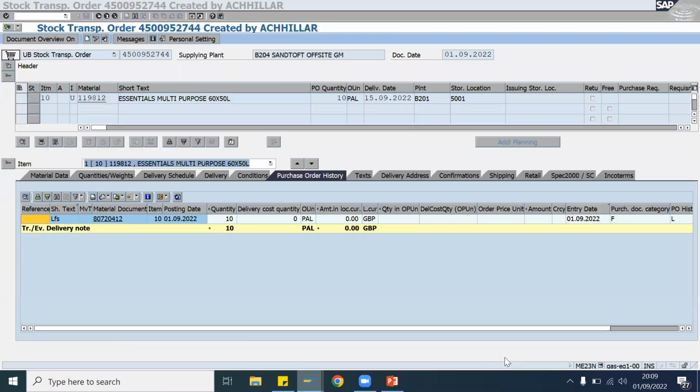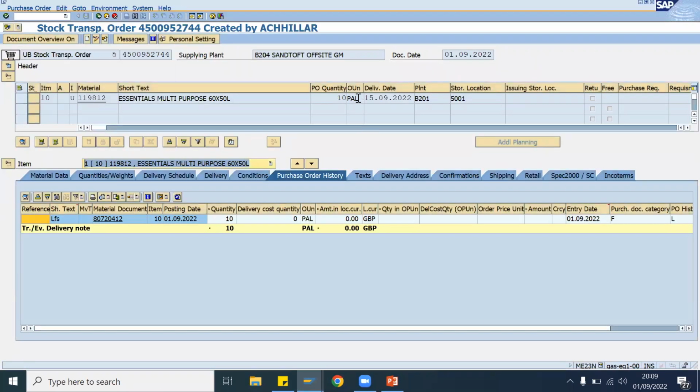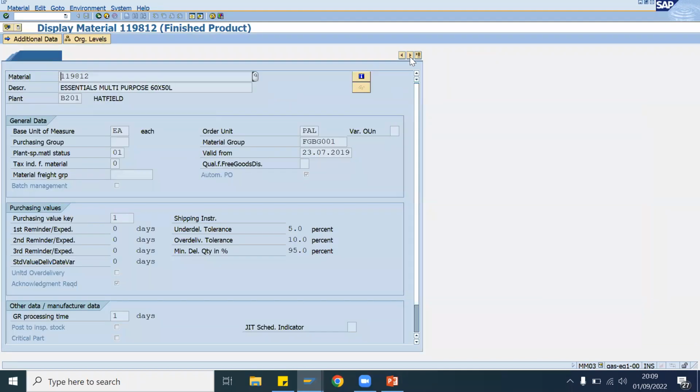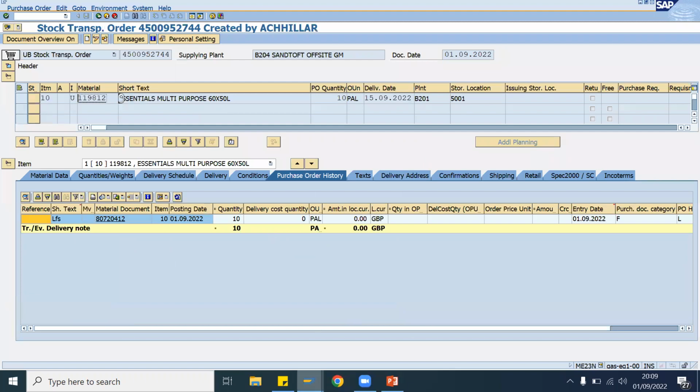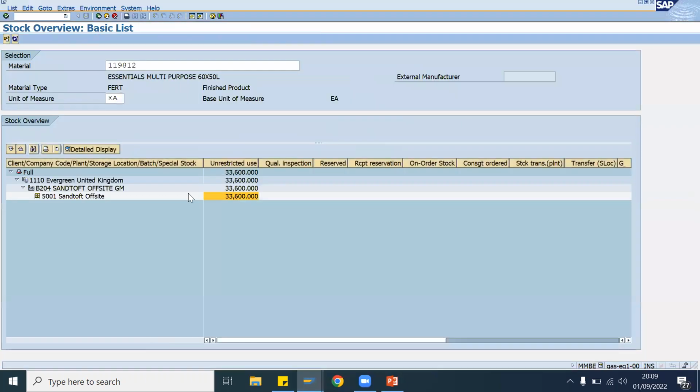First of all, let's see what. So we are in pallets. So the procurement for this material will be in pallets. So this config you can see in purchasing, which was actually open. You can see the order unit, the purchase order unit by default will always come as pallets. Okay, in purchasing view. So what I can do is to match apples with apples, let me put the,